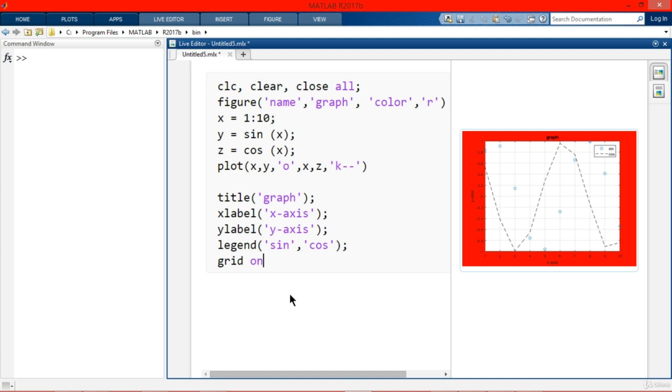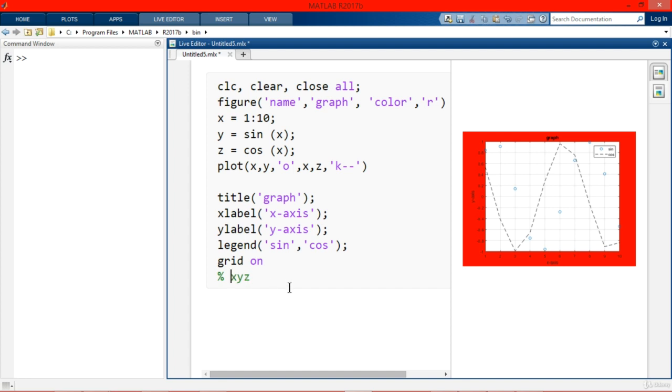There is another important function to learn, which is comments. Comments can be anything from a word to a statement which is not for the program to execute, and to add a comment we just put the percentage sign at the start, for example, percent xyz, and run this program. We can see nothing has changed because MATLAB just ignores everything which has a percent sign